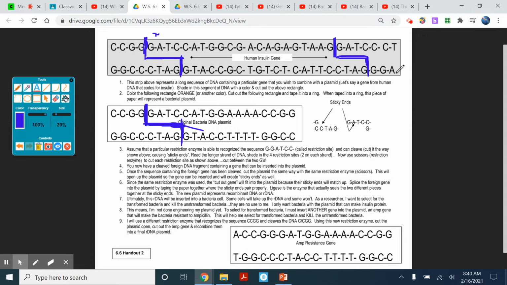when we mix these 2 pieces of DNA together, the sticky ends, these are called sticky ends because I have bases that are unpaired. So right here, I have bases that are not paired. And they will pair, right, when they're put together with their complementary bases. So when you mix these 2 pieces of DNA together, because the sticky ends are complementary to one another, then they will form hydrogen bonds there,